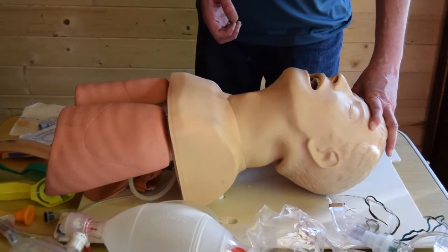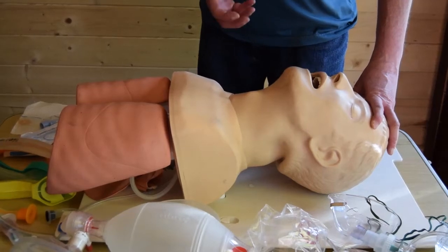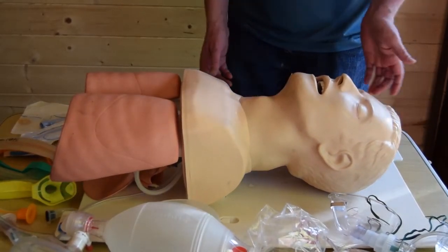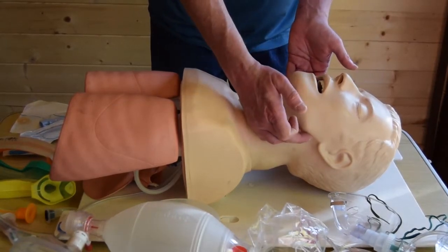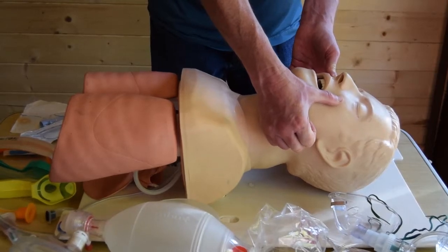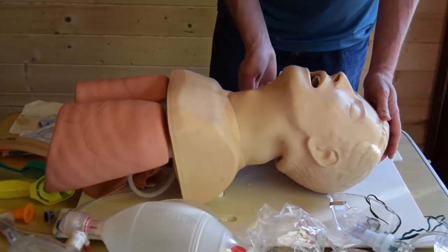If this patient has suffered from some sort of trauma, like a fall or a motor vehicle collision, and we suspect that they might have a C-spine injury, either due to the mechanism or the fact they're complaining of neck pain, we obviously don't want to hyperextend the neck like that. So if we put Bill back in a neutral position, we can do the jaw thrust. The jaw thrust is you put your fingers under the angle of the jaw, and then support on the maxilla, on the cheekbones, and then you lift the jaw forward, and that again will open the airway without hyperextending the neck. So if we go back to our head tilt chin lift, get him back into that position,